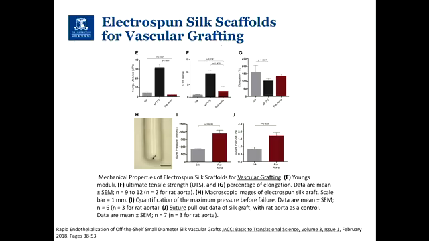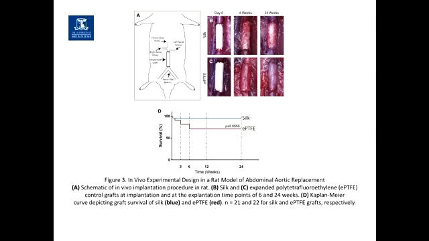Then they also had a look at burst pressure, which is I, and J is suture pull-out. So when you're grafting the vascular graft in, if you put a suture in it and it can easily be pulled out, that is clearly going to be a failure rate of it. So for the silk, comparing it ex vivo, so doing in vitro tests, it looks quite comparable to the rat aorta, particularly compared to the common material, ePTFE. So then they implanted it into the rats.